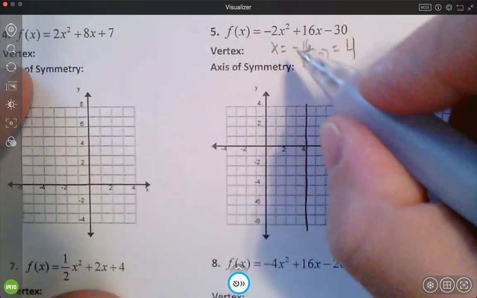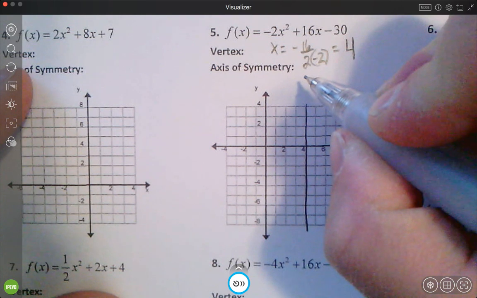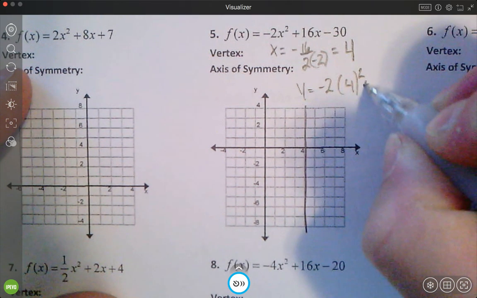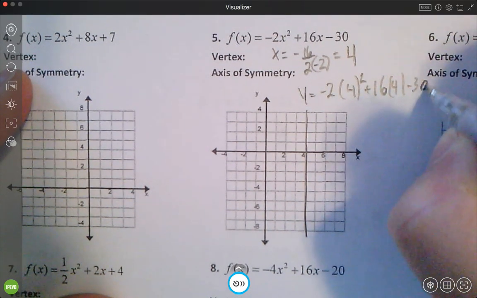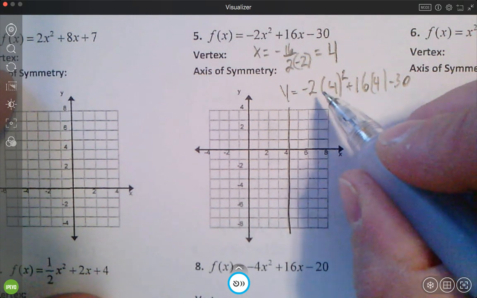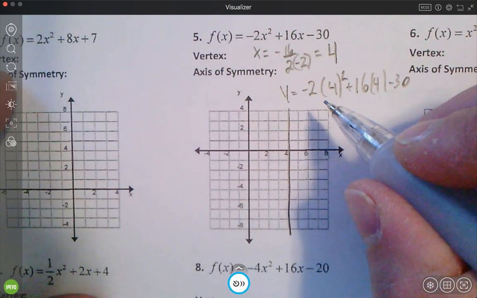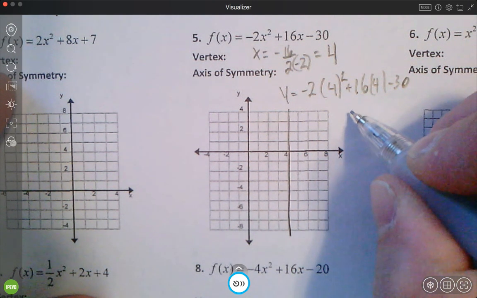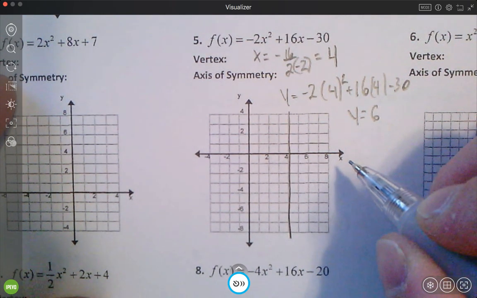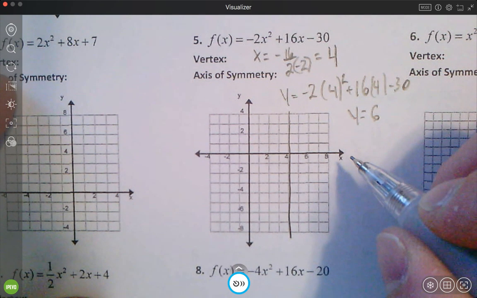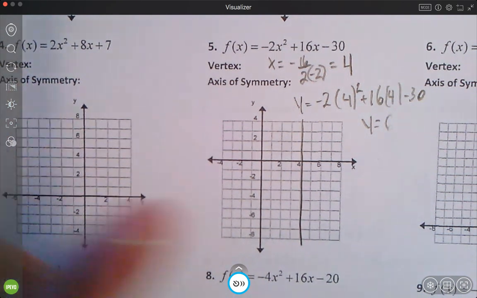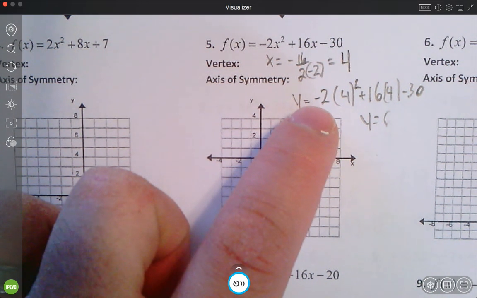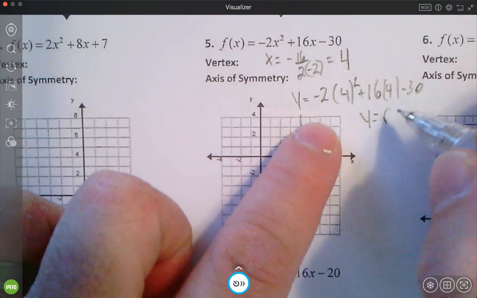So to get my actual coordinate, I'm going to put in, obviously, x equals 4, so I'm left with y equals negative 2 times 4 squared plus 16 times 4 minus 30. So when you do that all out, you get 16 times negative 2. I did the math ahead of time, it comes out to 6. So y equals 6. So then you have a coordinate at, wait, I lied. Sorry, let me just do that all out the right way. So 4 squared is 16. 16 times negative 2 is negative 32. So I get, sorry about this, guys,